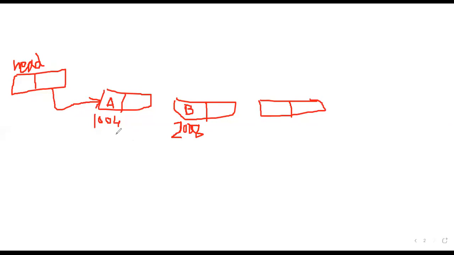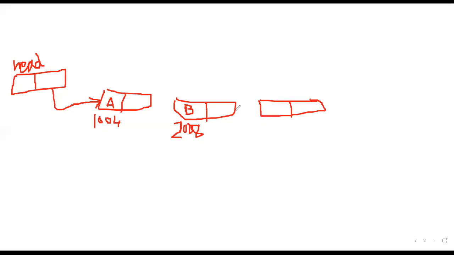The memory locations I'm taking here are not sequential. These are random. I can take any memory locations. That is the advantage. So the linked list will take dynamic memory allocation based on the demand. It will increase or it will decrease. That means we can insert or delete at any position simply without disturbing the others.